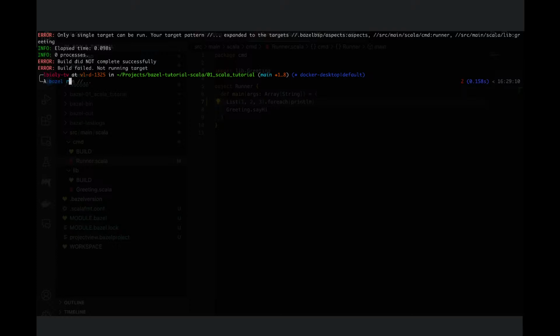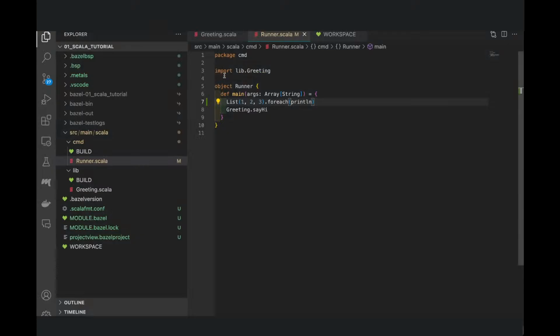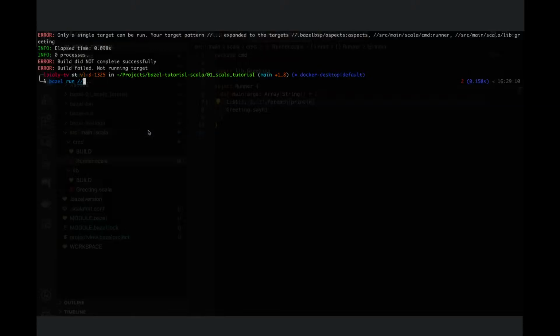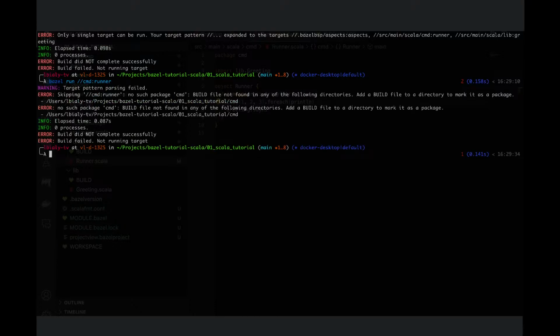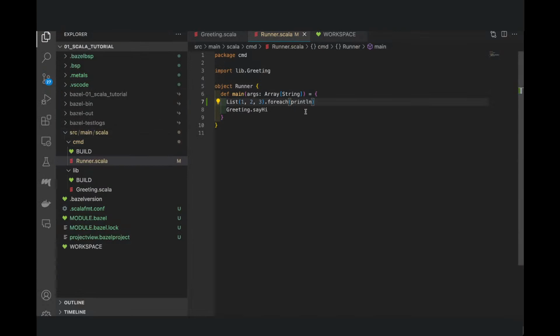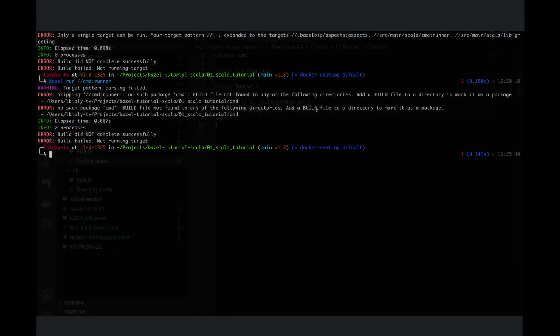Bazel run. So the module itself is called cmd runner, perchance. Nope. If you have, I guess a little bit of a shortcut. Yeah. So in your path, it's source main scala. So you'd have to do bazel run //source/main/scala: whatever the name of your target is.